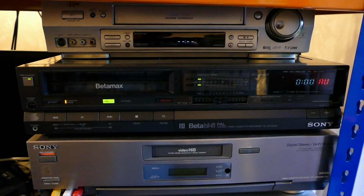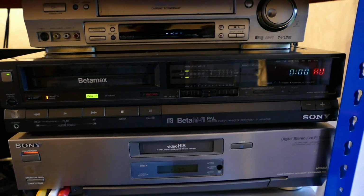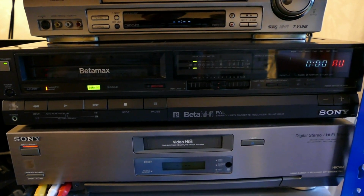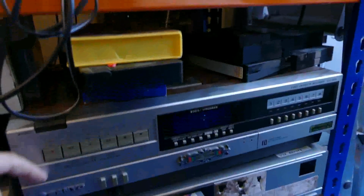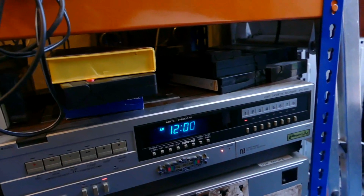So the Sony ones are nice too. Actually, these HF 100s are my favourite machine. I've got 2 or 3 of those. They work very well indeed. But I've also got some other more obscure Beta machines like this. This one here, yes, there's a slight clock fault, which I've not managed to resolve, but